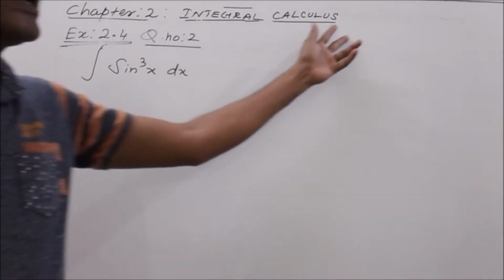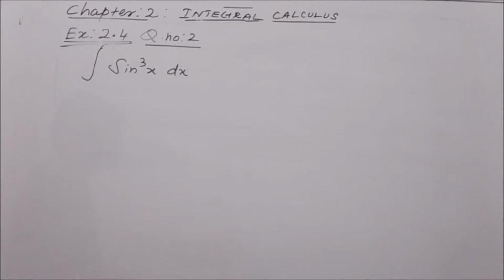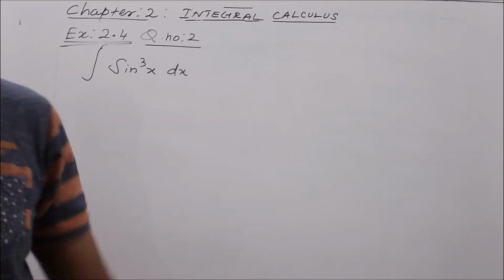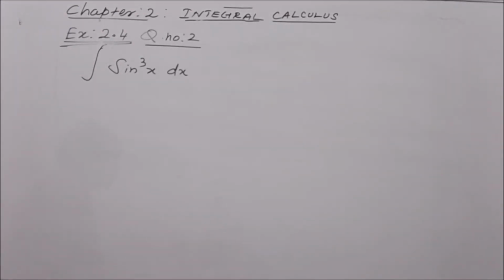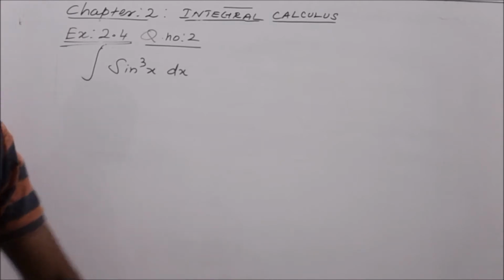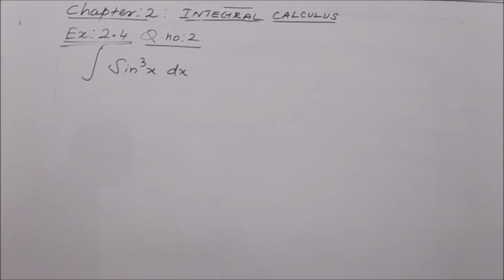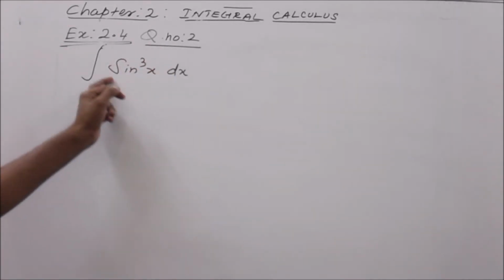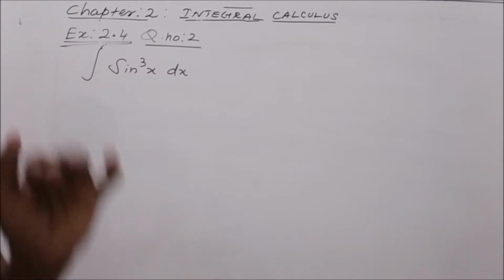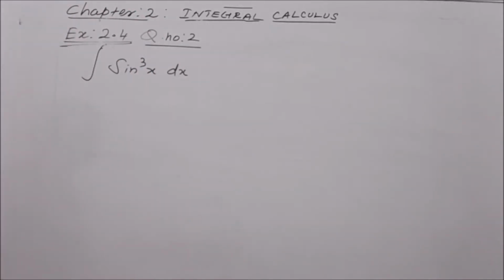We don't have a direct formula for sin cube, sin square and so on. Integral sin x we have a formula for. Integral sin square x we don't have a direct formula. Integral sin cube x and sin power 4, for all other cases where the power appears on the sine, we don't have a direct formula to integrate. So we should choose an equal formula without a power for sin cube x.